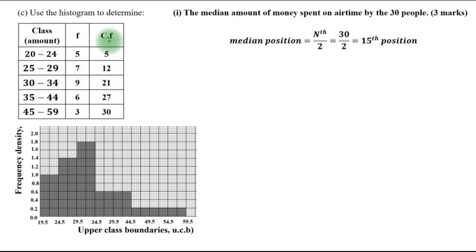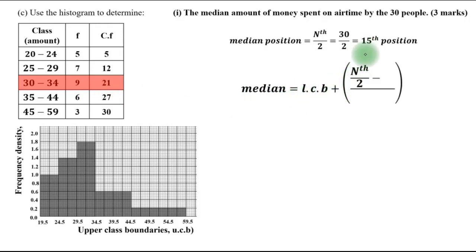Let us look at the cumulative frequency. We have 5, the other one is 12. So 15 is part of 21. So this is our median class. So we are going to use the median formula, and the median formula is given by lower class boundary plus n over 2 position minus the cumulative frequency preceding the median class, over the frequency of the median class, times class interval. So lower class boundary is actually, here it is 29.5,